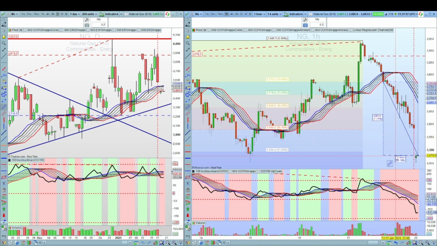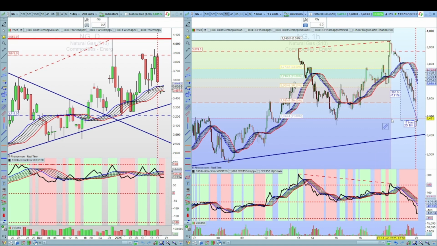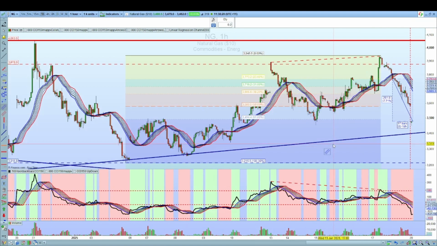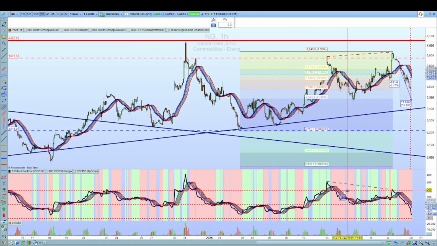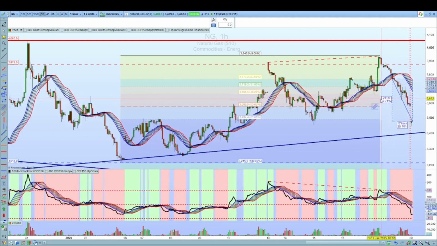Okay, and also notice as well, it's actually broken down near the 61%. If I zoom out, near that 61% Fibonacci retracement on the hourly, you'll see here we had declining lower highs on the CCI versus higher highs on the price. That's a bearish divergence, and we did anticipate it to break down, and the initial minimum retrace would have been that